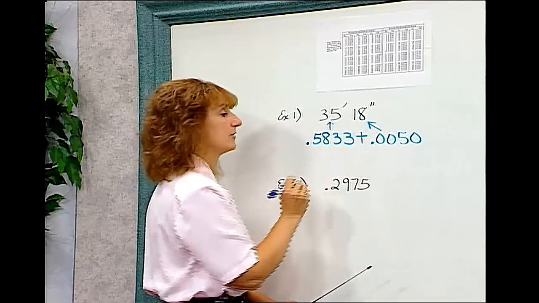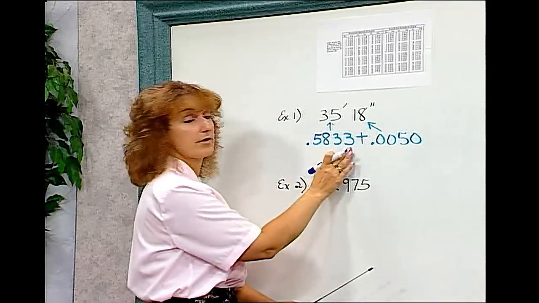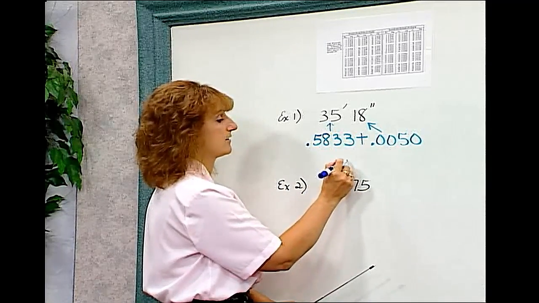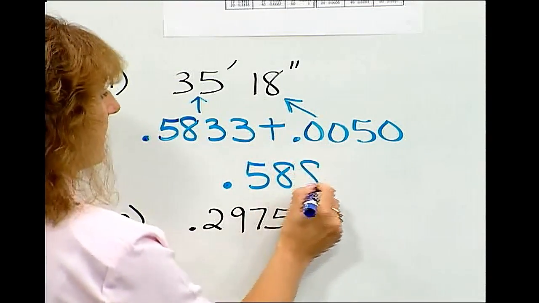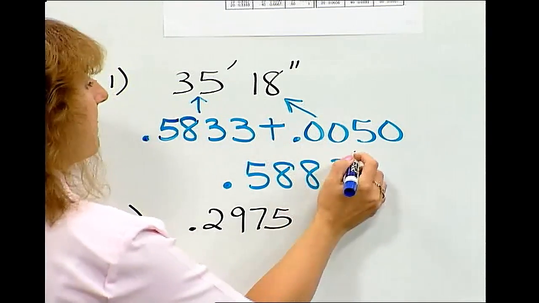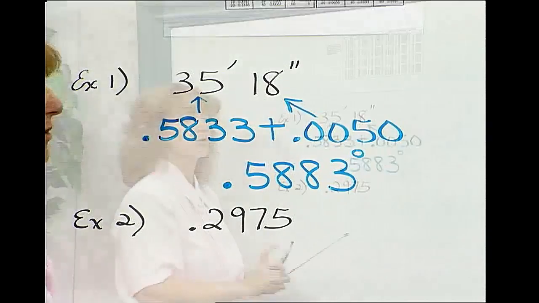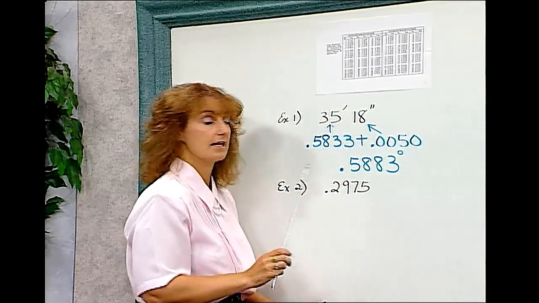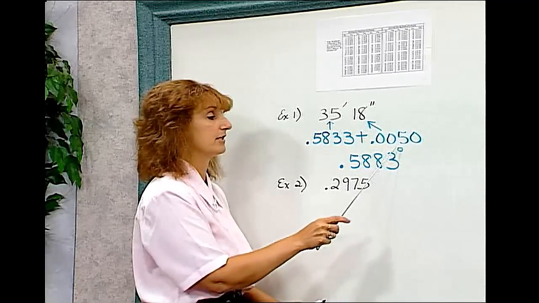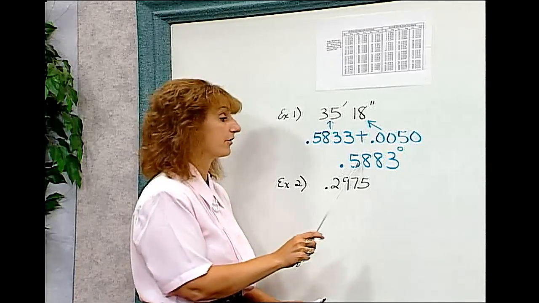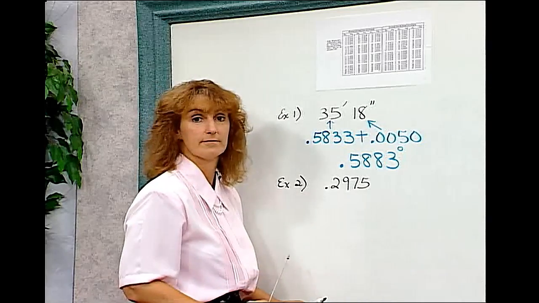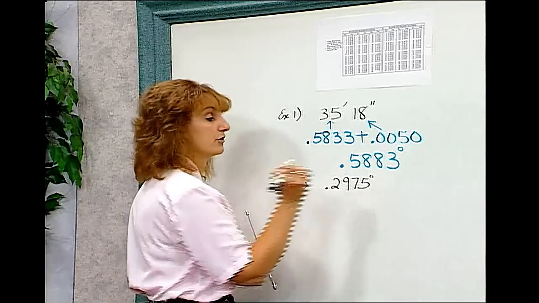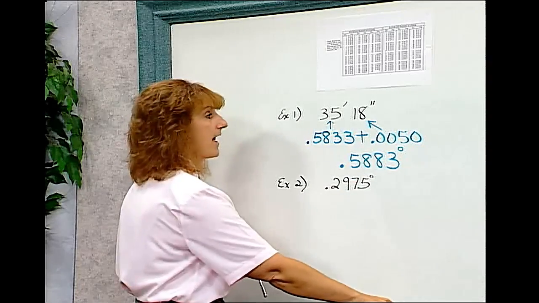If I add these two together, 0.5833 plus 0.0050, I would get 0.5883, and that's degrees. So we find that 35 minutes, 18 seconds is 0.5883 degrees, or a little over half of 1 degree. Now let's say we started with 0.2975 degrees, and we want to change that back into minutes